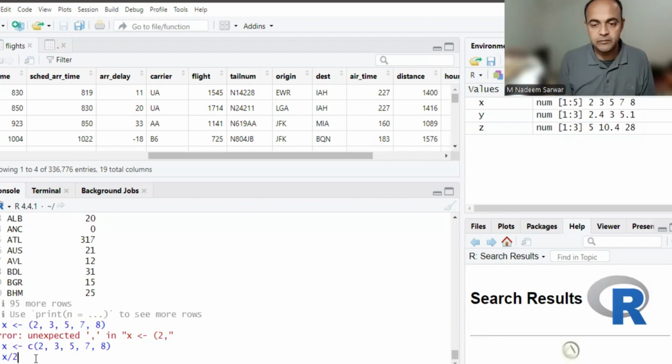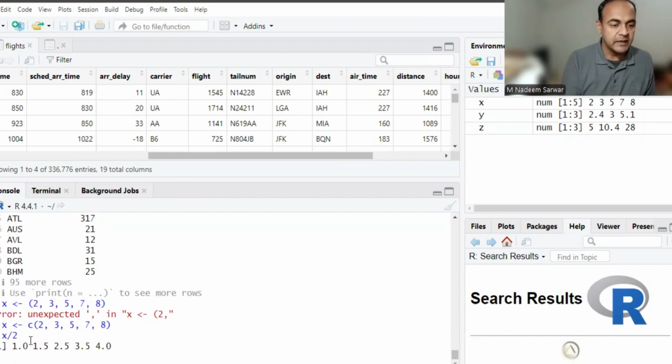Just stop here. The length of x is 1, 2, 3, 4, 5, whereas the length of the other side of the operation is just 1. The lengths are not equal, so R will apply the recycling rule. How? Let's first get its result. It has divided 2 by 2, answer is 1; 3 by 2, 1.5; 5 by 2, 2.5; 7 by 2, 3.5; 8 divided by 2,